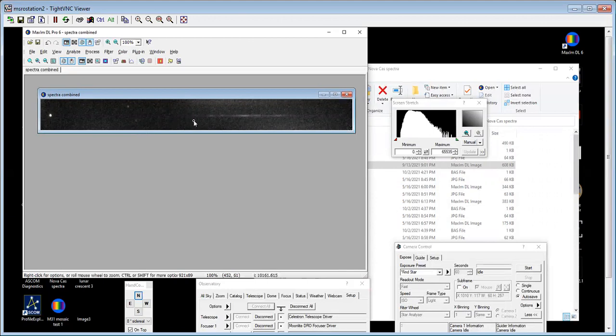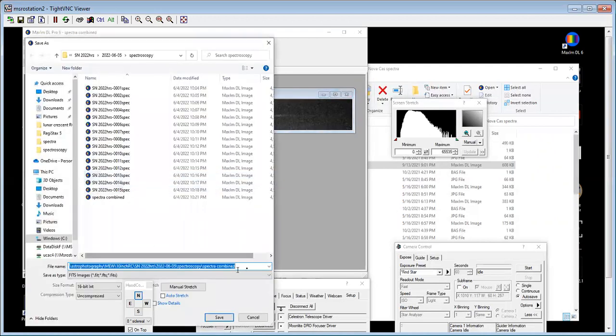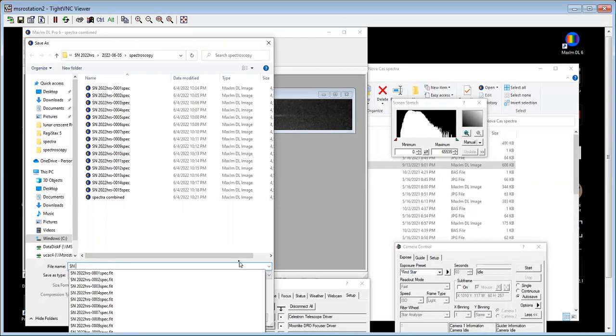Now, again, this is only 15 exposures. If I was really doing this without being online like we are now, I'd get an hour's worth of data, and then we'd be fine. Okay, so we got a couple minutes left. I'm just going to go ahead and save the spectrum now. So I'm going to rename it because we've cropped it. I'm going to rename it with the date tonight so that we know when the spectra was created. It's going to be supernova 2022 HRS